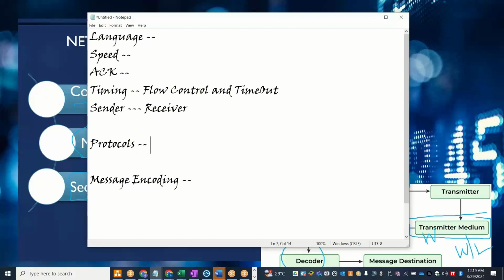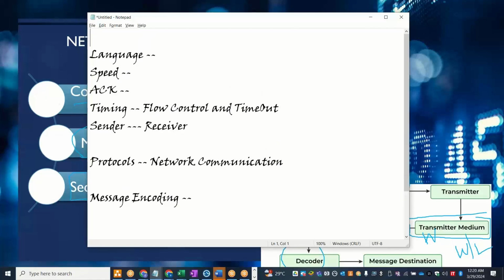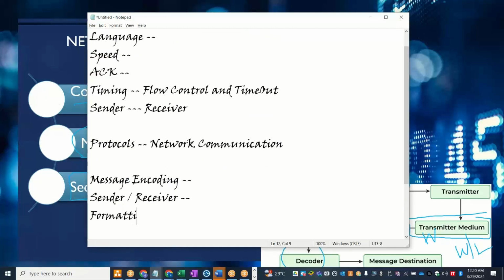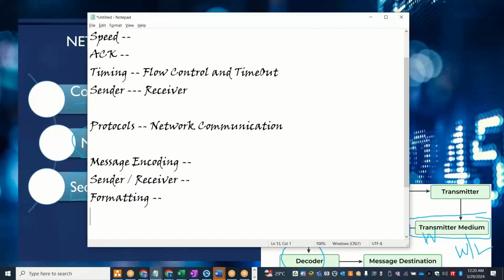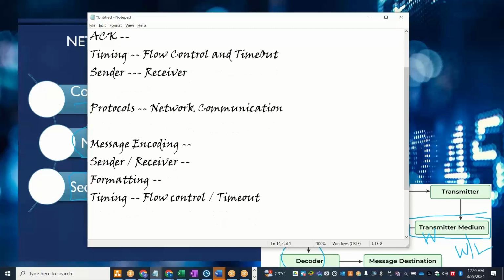So above is some example that I talked about, human to human communication, right? So these are all some protocols for human interaction or human communication. But in the network, if you want to send some data, we need to do message encoding, and then there will be a sender, there will be a receiver, right? There will be two parties, right? And we should have an agreed formatting, what kind of message, how the message should look like. And we should also have timing control, flow control and timeout on the network, like how I'm delivering the content in gaps and so on, right?